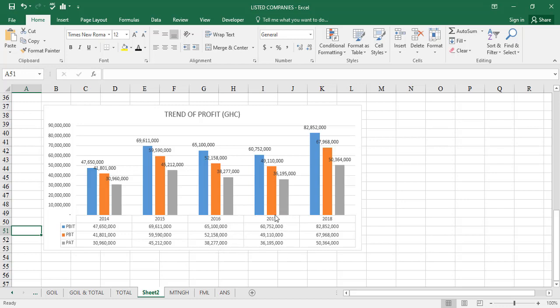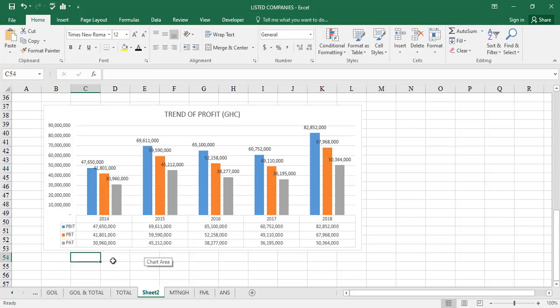And in 2017, it stood at about 20 million Ghana cedis. There's a difference of 20 million Ghana cedis, or 19 or 18 million Ghana cedis. And in 2018, it stood around 13-14 million Ghana cedis. Now let's look at the profit after tax, and there is the amount of profit that